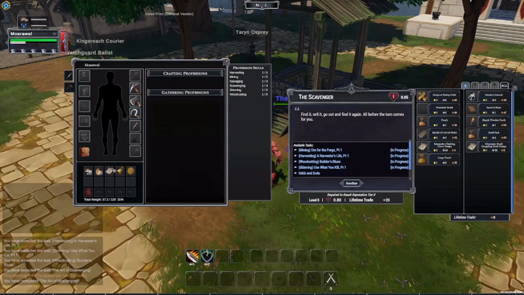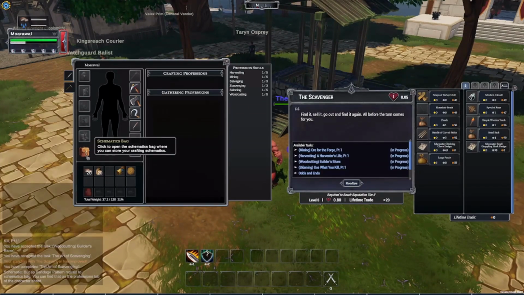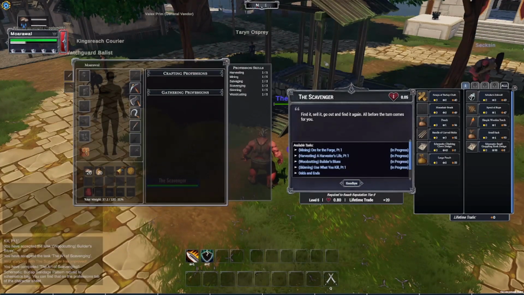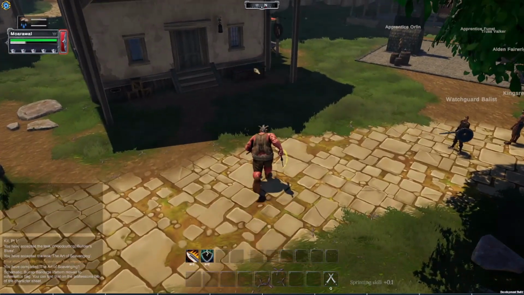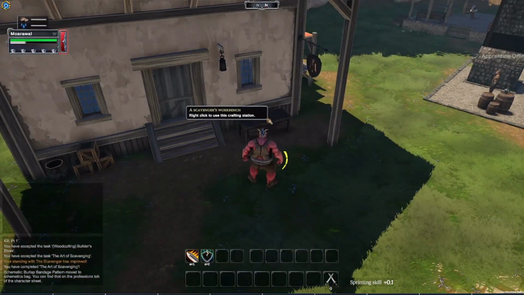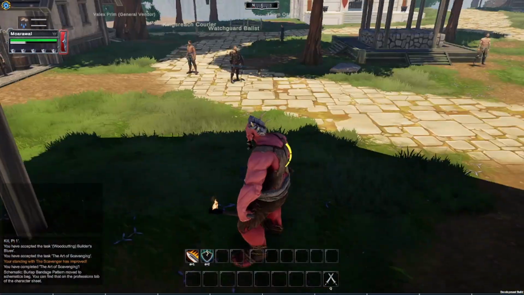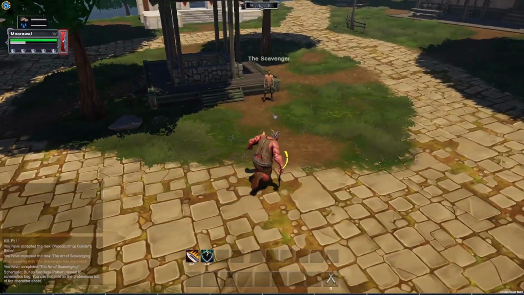Schematics, when you right click on them, they go into this schematic bag here. And then if you're curious, the scavenger's table is just right over here, and we just right click on that. We'll see a whole bunch of recipes on the left. But going back to the scavenger,